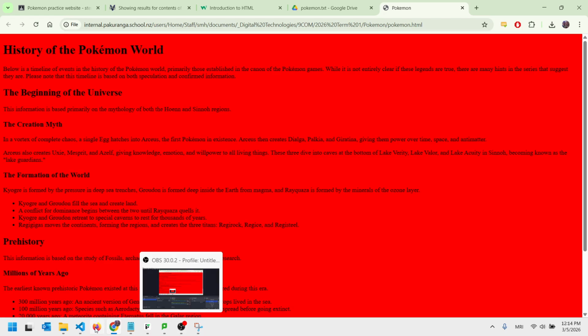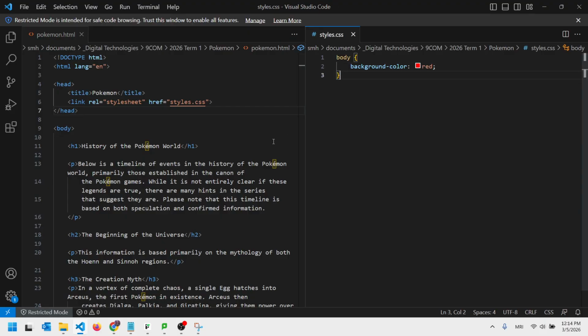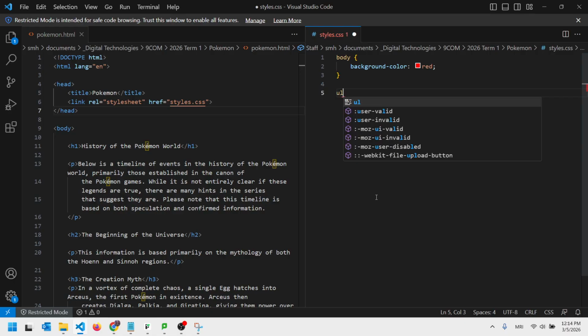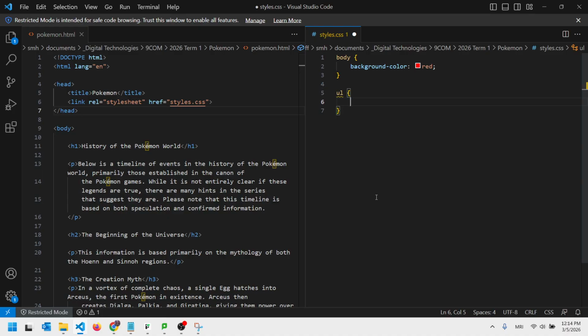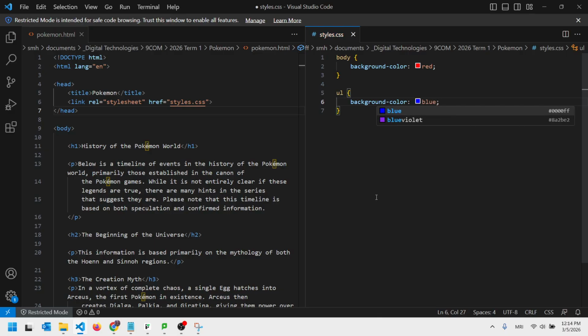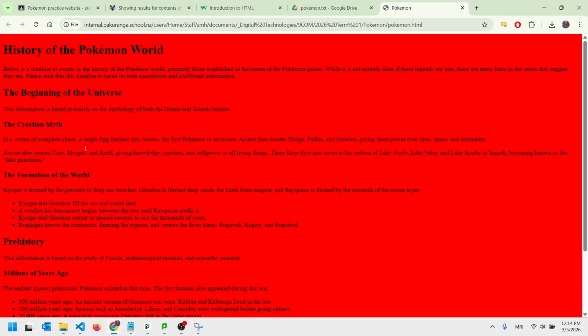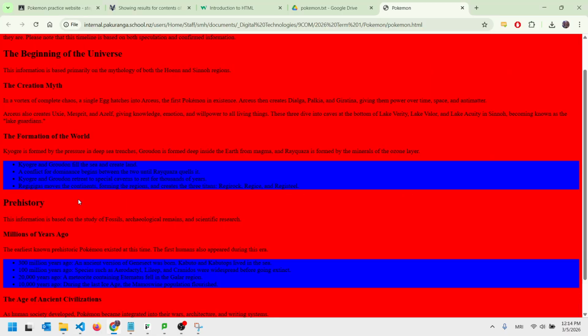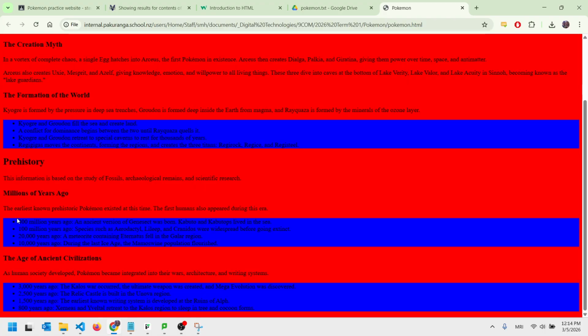Let's do another style while we're here, just for the fun of it. You can style any element. So I'm going to make this page look awful. I'm going to specify the unordered list. And I'm going to specify a background color again because I know how to do that. Might as well do that. Background-color, and let's go blue this time. Control S, go back to here, refresh,